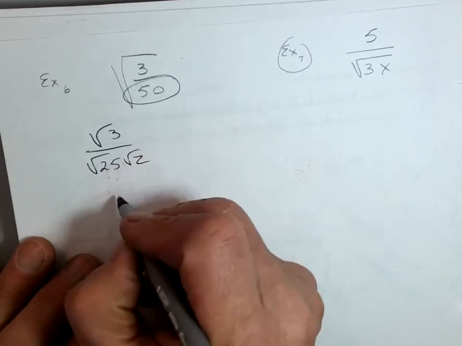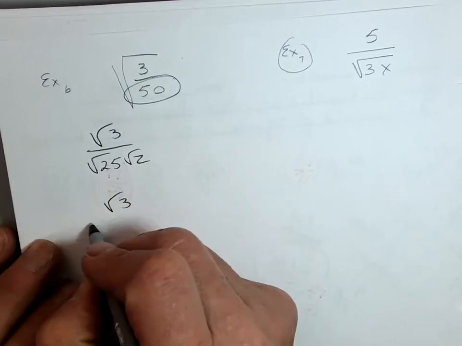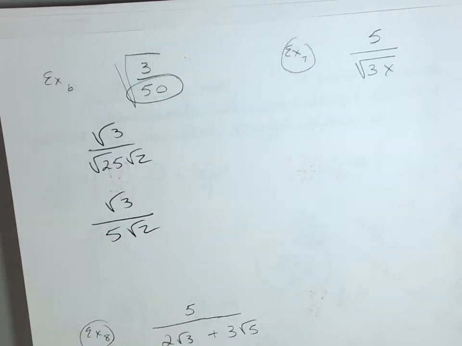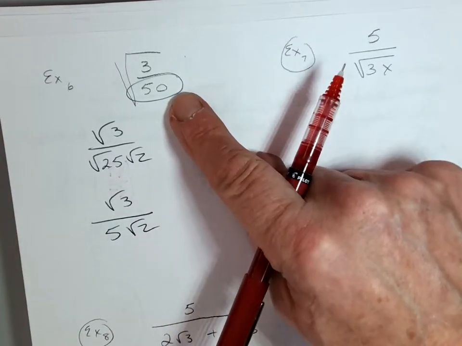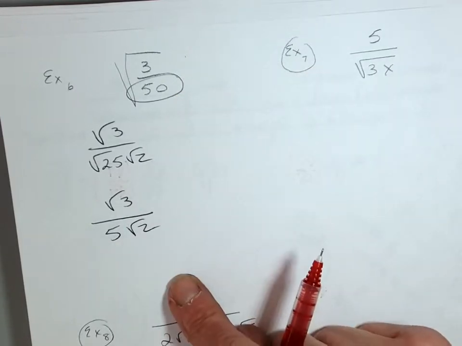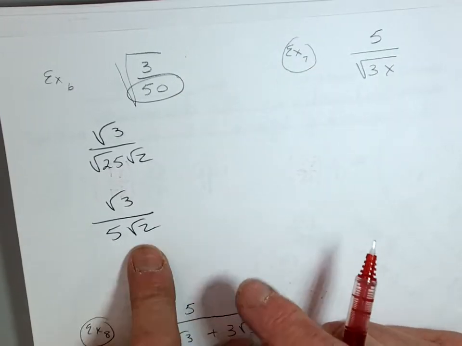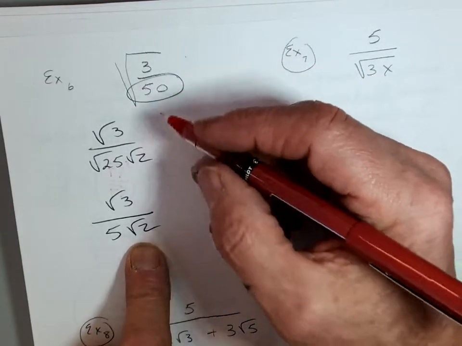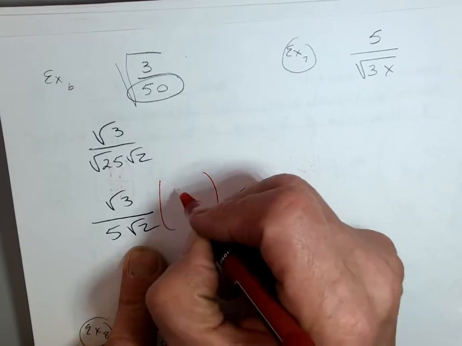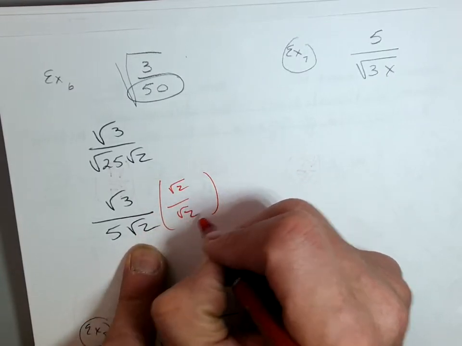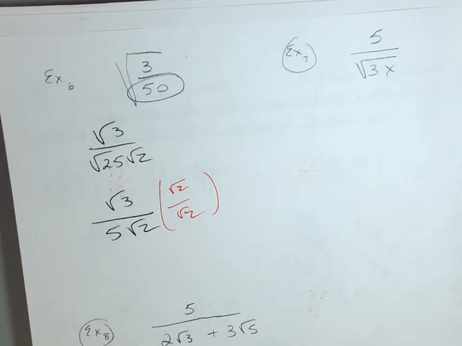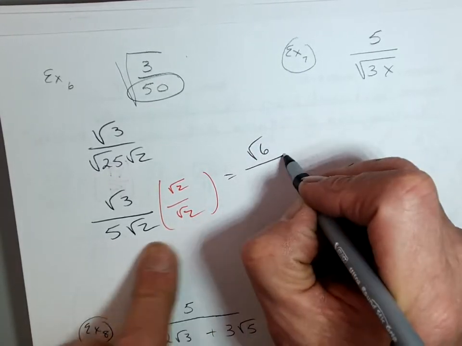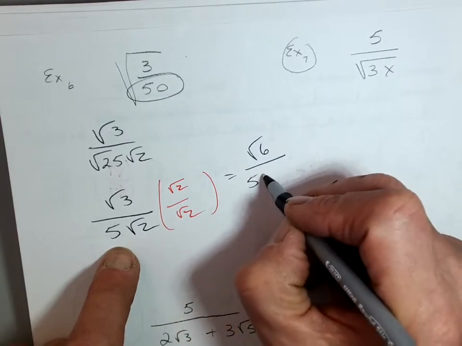So that becomes the square root of 3 over 5 square root of 2. Now, the problem is the 2, not the 50, because we reduced 50, so we got a smaller number. If I do the whole reducing thing, we got a smaller number, so we still have to fix it. But we only have to fix it with the 2, not with a 50, but with a 2, right? So multiply top and bottom by the square root of 2, okay? Not 50, because we reduced it. Nice job, Giselle. So I wind up with a square root of 6 over 5 times the square root of